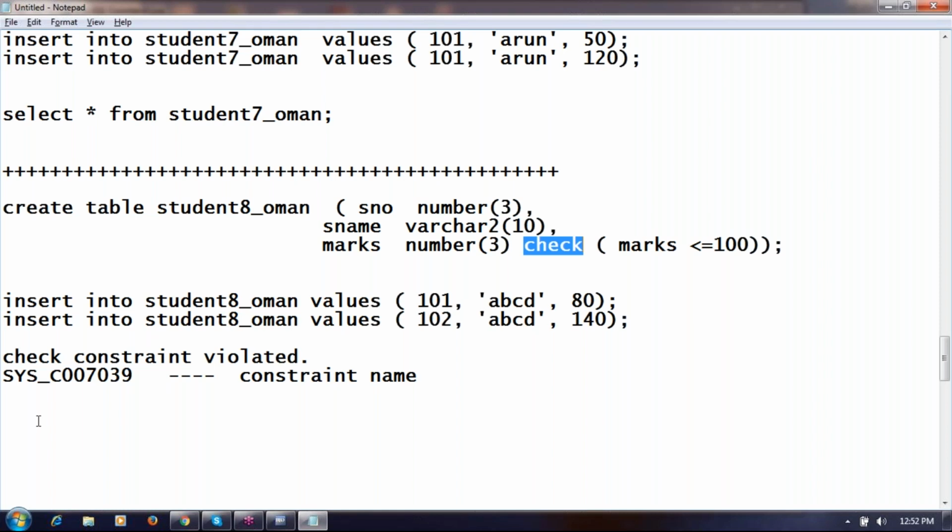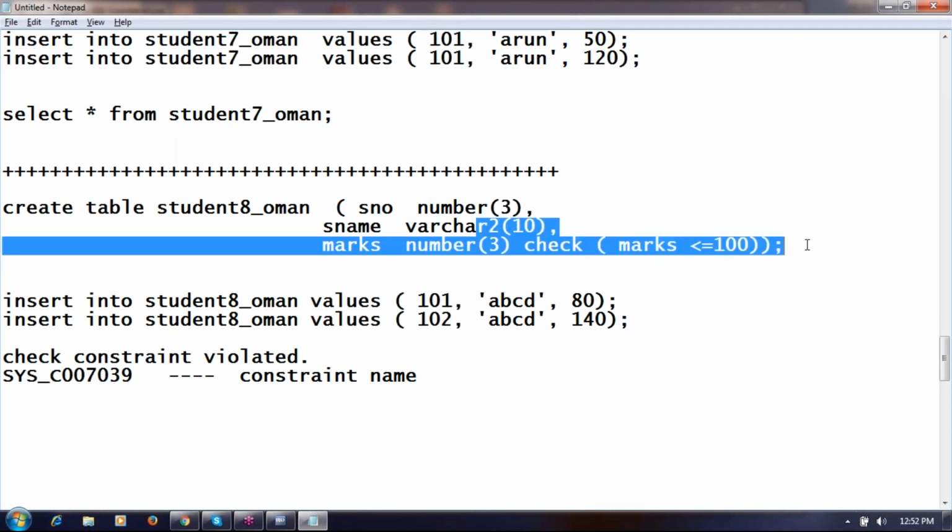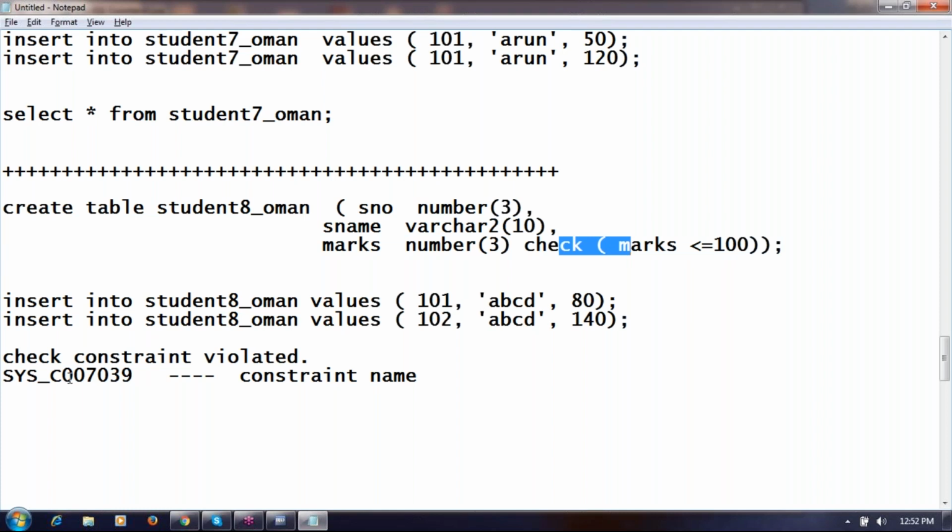The name of the constraint always starts with SYS_C followed by n, where n is a number. As a developer, we mention only the constraint type. Did you mention the constraint name in the query? No. When you don't mention the constraint name, the Oracle engine will provide a name for every constraint. The name for this constraint is SYS_C007039. Is this clear, Jamal? Okay, clear.